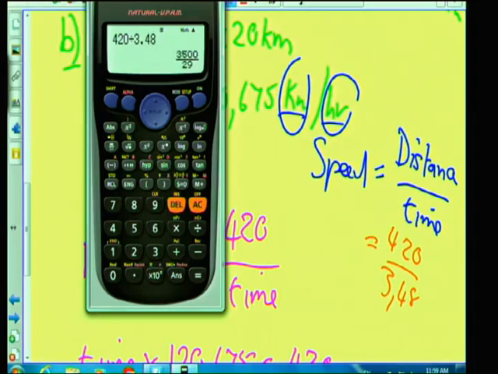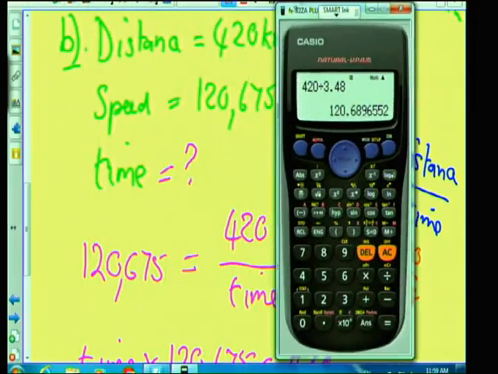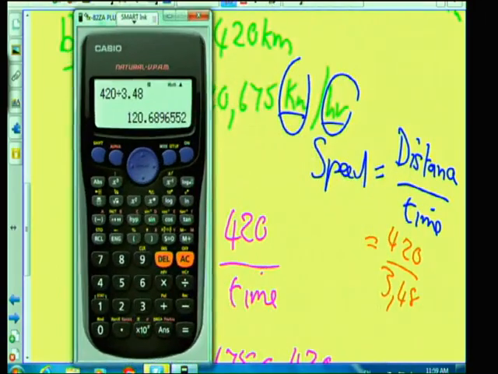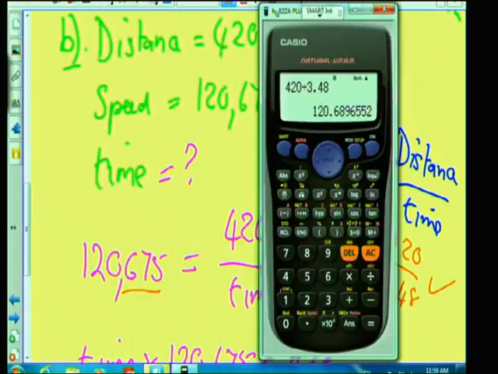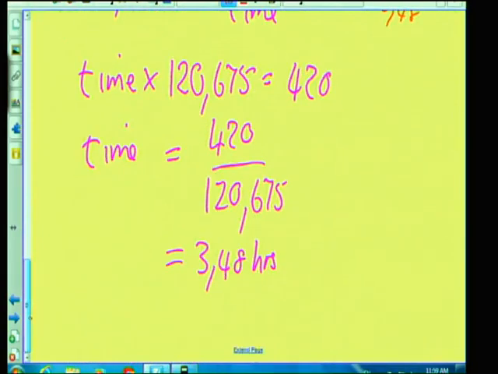What is it? 120,689. Now look, 120,75. I think it's close enough. So I'm going to tick that I've got the right amount of time because I rounded off to 2 decimal places. So I'm fine with that, but I'm not finished the problem yet, because I must remember that